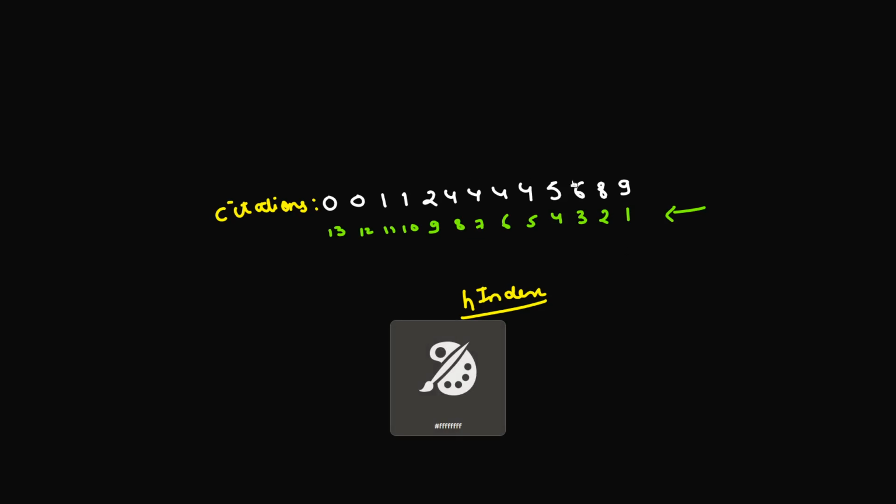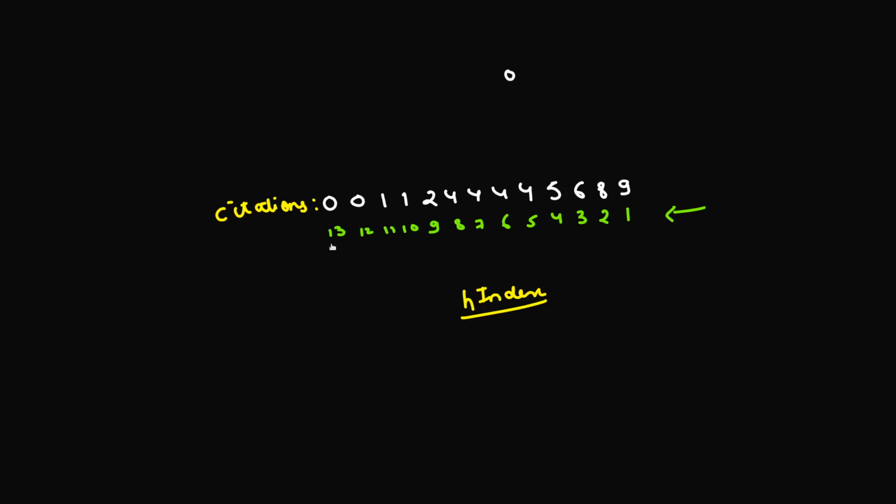Okay, so for example, in this case, let's say I start my binary search between 0, and since there are a total of 13 papers, I'll start my binary search between 0 and 13. Okay, and in fact I'll start my binary search between 1 and 13. Not 0 but 1 and 13. So we'll see what's in between 1 and 13. So definitely the middle value is 7, and we'll see whether the 7th value from the end, which is corresponding to this value, is greater than or equal to 7 or not.